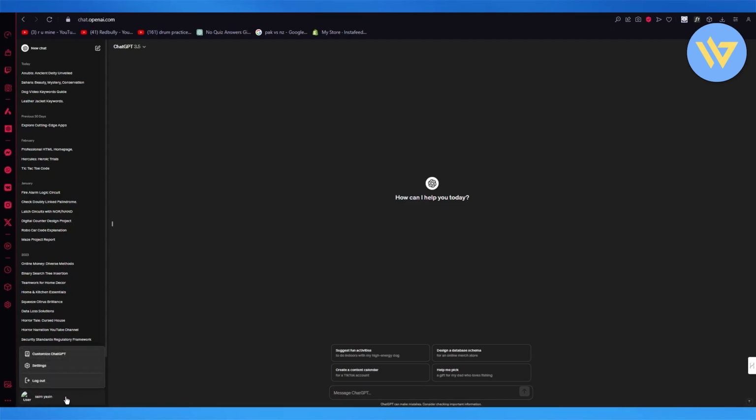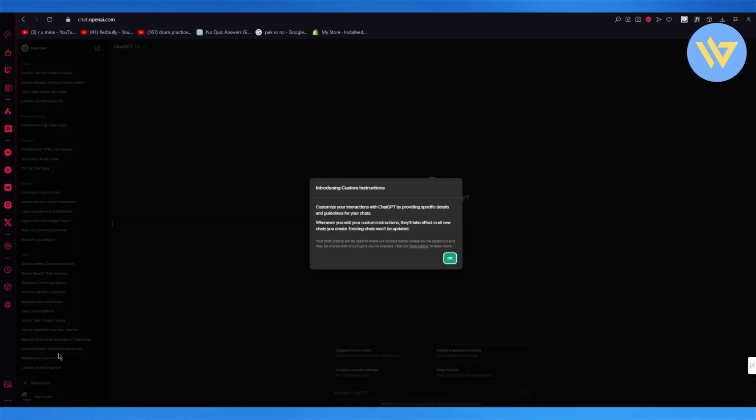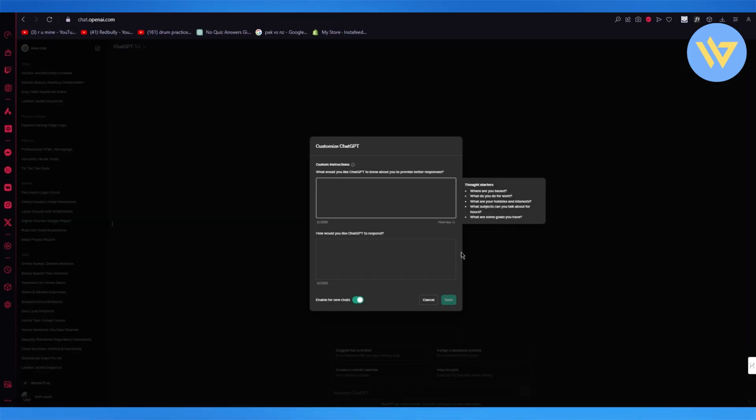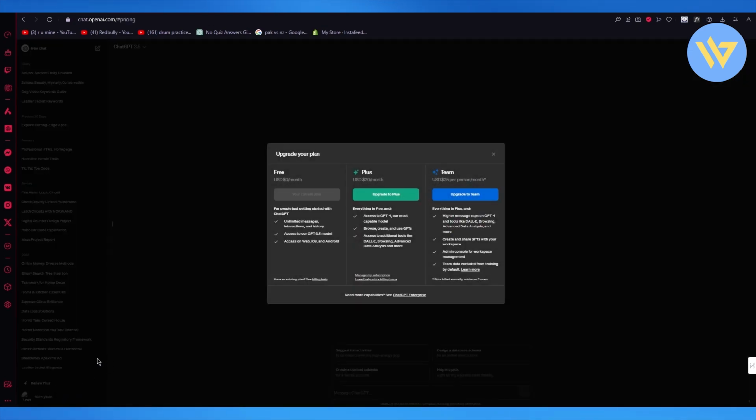But to get the paid version, you're going to come here and click on Customize ChatGPT, where it's going to give you the renewal plans, and you're going to want to renew it to Plus. It's $20 per month, but it will give you privileges to upload images. So you can upload images into ChatGPT or even PDFs or files, and once you buy this, you're going